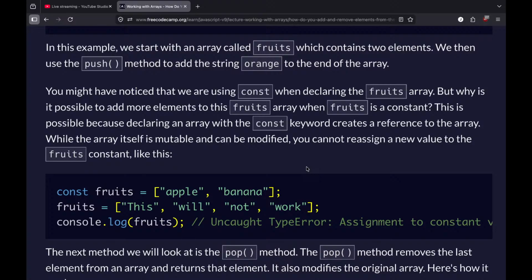You might have noticed that we are using const when declaring the fruits array. But why is it possible to add more elements to this fruits array when fruits is a constant? This is a great question. This is possible because declaring an array with the const keyword creates a reference to the array. While the array itself is mutable and can be modified, you cannot reassign a new value to the fruits constant